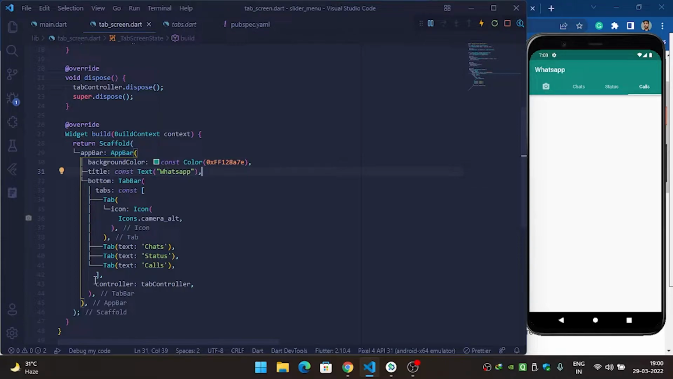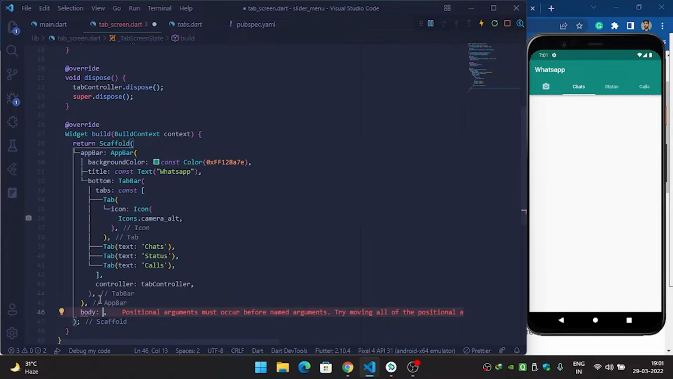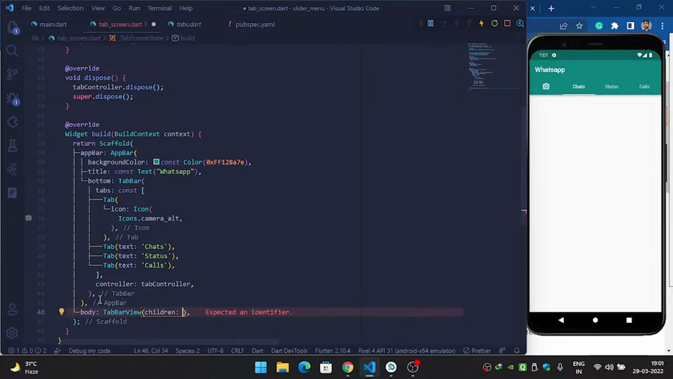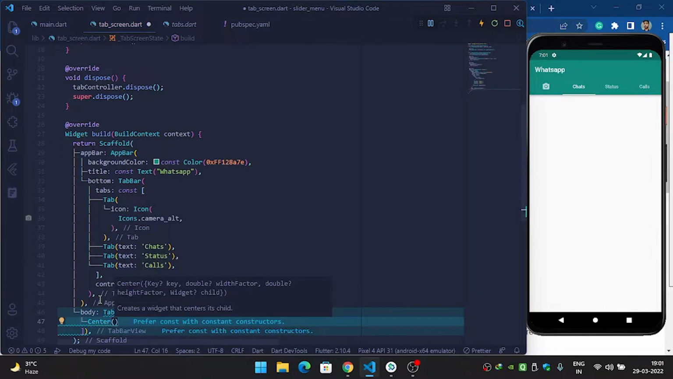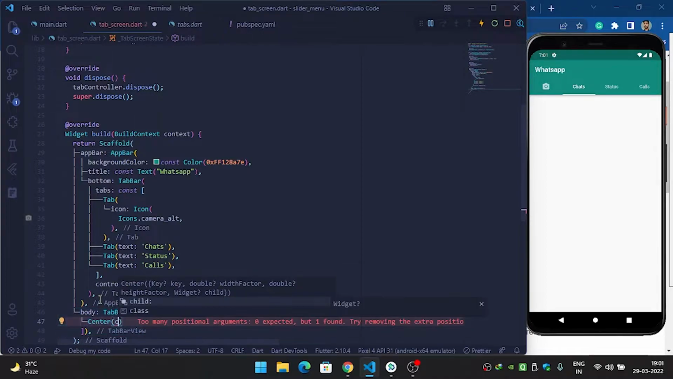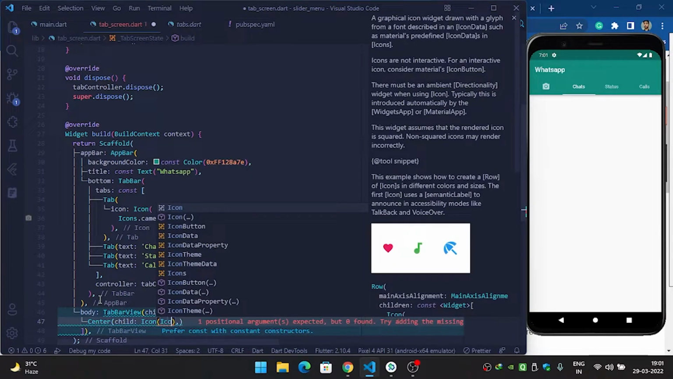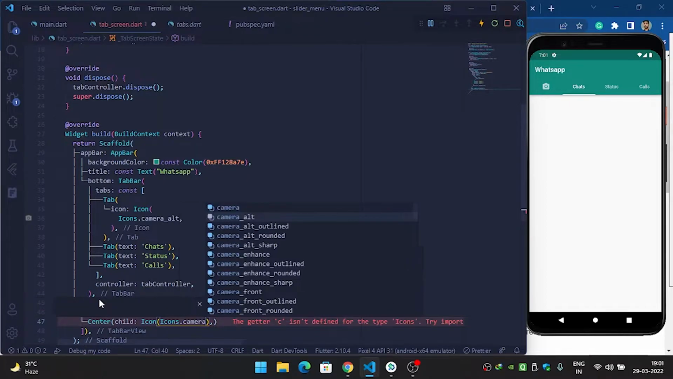Now it's time to go inside our tab view to build. When the user switches, we will switch the tab view as well. So come inside the body property of the scaffold and then use TabBarView. Then inside children we will provide Center, child Icons.camera_alt,